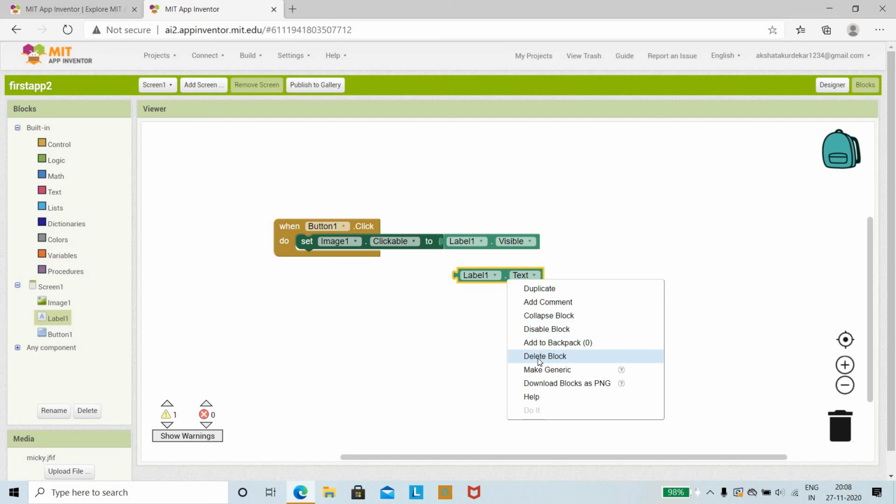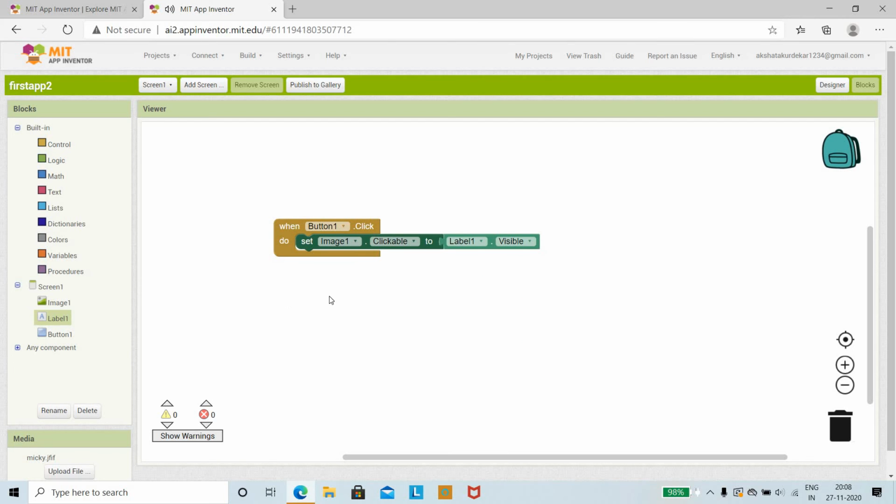So first thing is that, we are going to delete this block. So here we have inserted the button. So whenever the button is clicked, it should set the image, and this image should be clickable. That is, whenever we click, the image should be displayed, and then within that the label should be visible. So in earlier blocks it was like the label with the text. But first you need to make the label visible, right? So therefore you are going to make the label visible, and then we have designed the block successfully. So once this is done, you can see the interaction. So we have used the user interface components as well as the blocks in order to design.